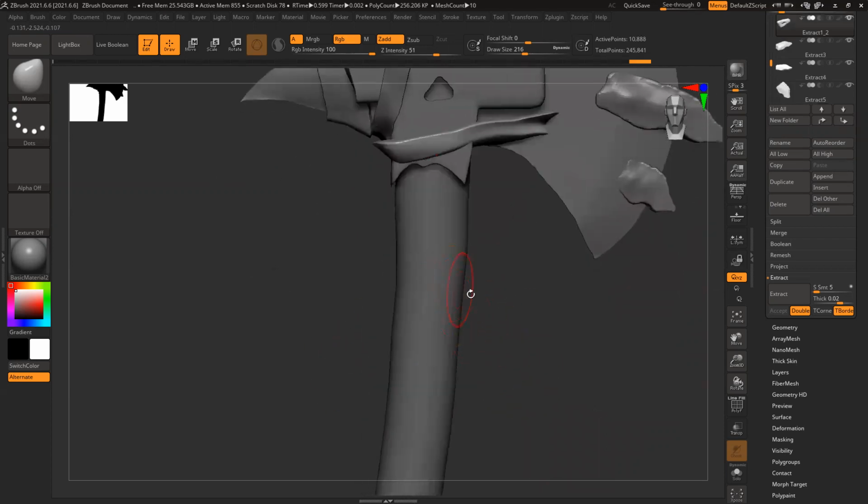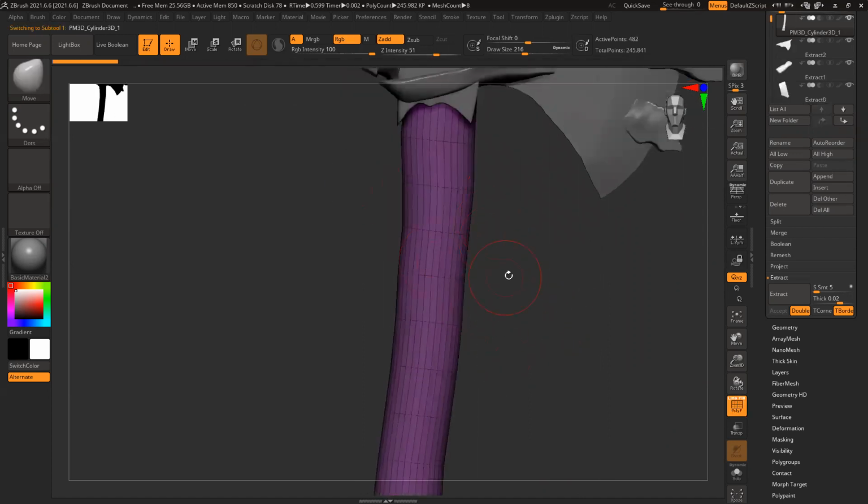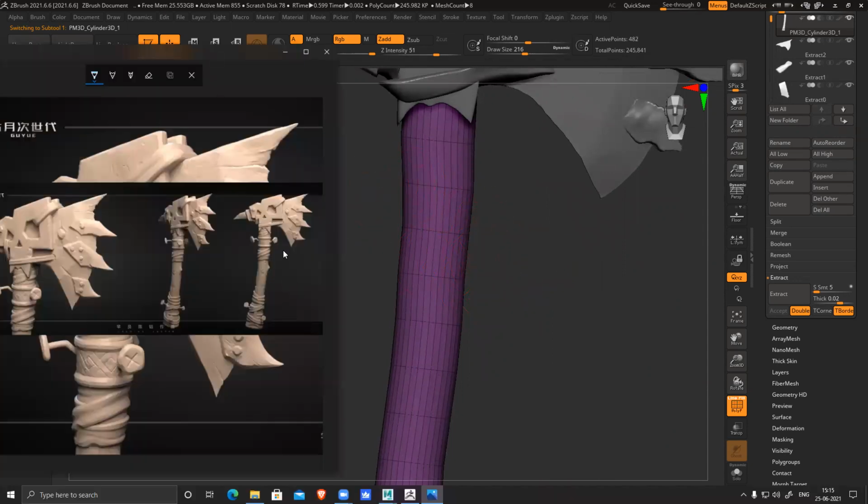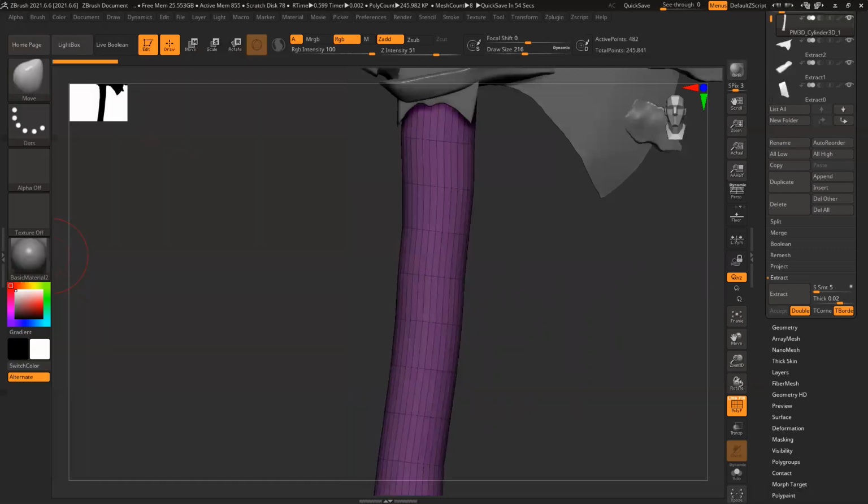There's a ring. So what I can do is select this one, shift F. I can see those sections. So I need to create a ring here. Like you can see in my reference, that ring, and there's another one, two of them.